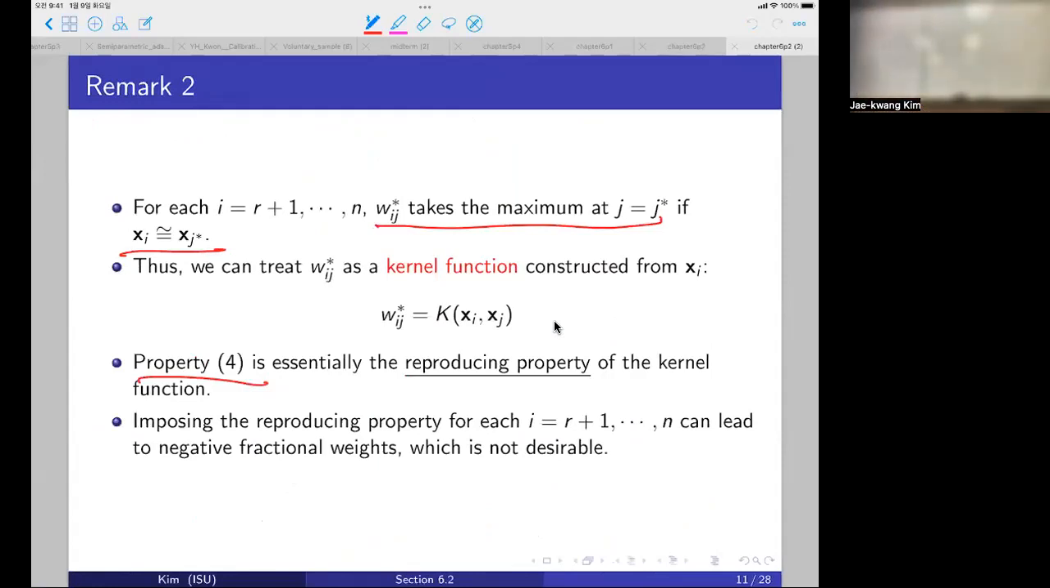So I don't know how many of you are really familiar with this reproducing kernel, but this reproducing property is essentially very close to an idempotent matrix. If you operate, at the end of the day, it gives back what you start with. So